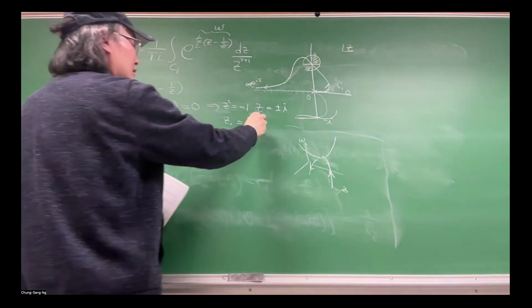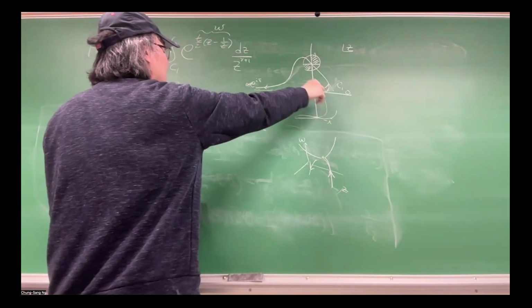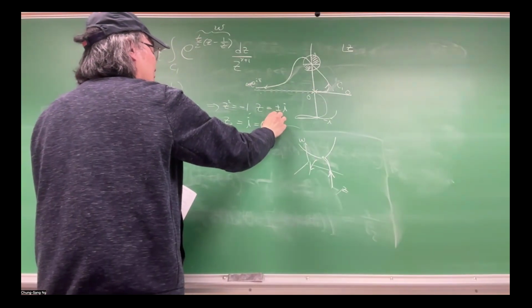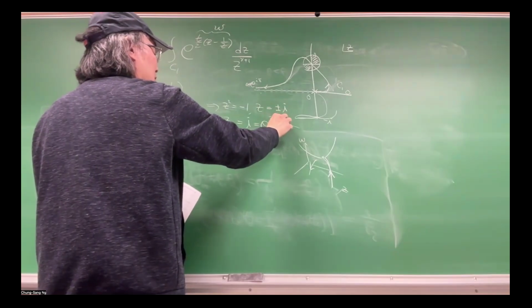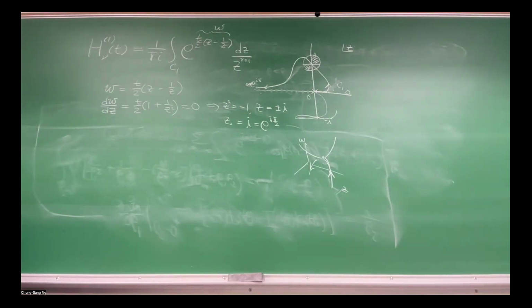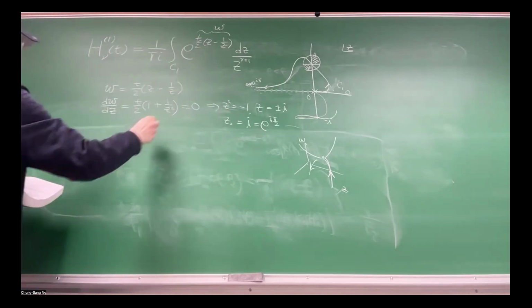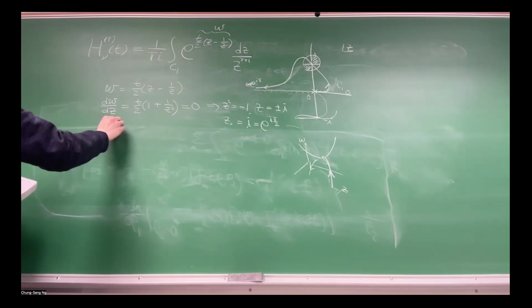Or in our case, we want to choose it more exactly because the phase here is 0 to pi, so this is I, e to the I pi over t. So we choose this as our saddle point. And now we want to do the expansion of this W function about the saddle point. So W will be